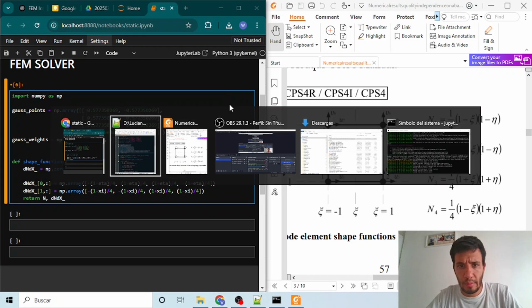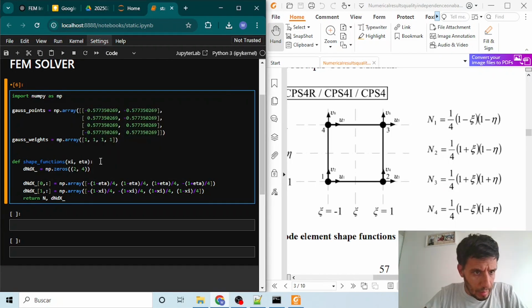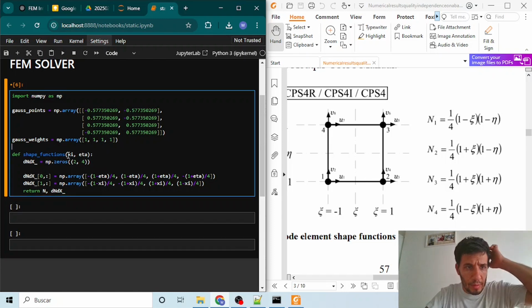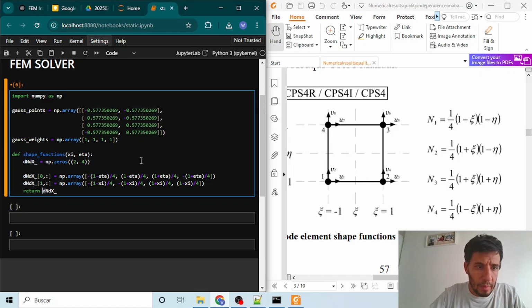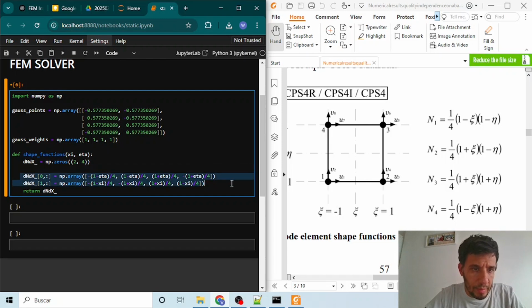Here, for certain xi and eta values, we will return the derivative with respect to the internal coordinates. So this is our function, and this is what happens when we differentiate this N function with respect to xi.